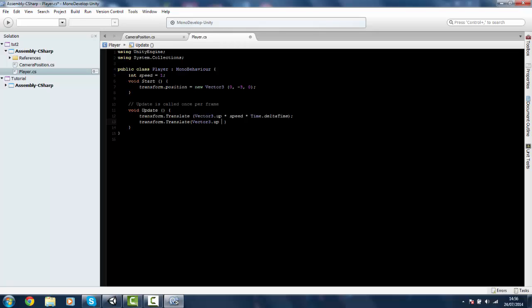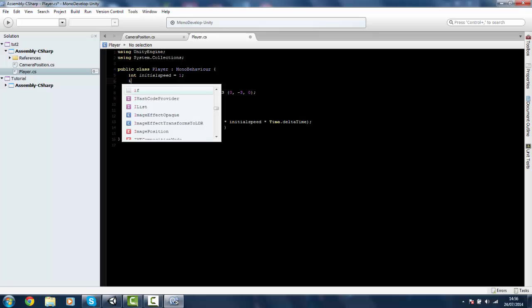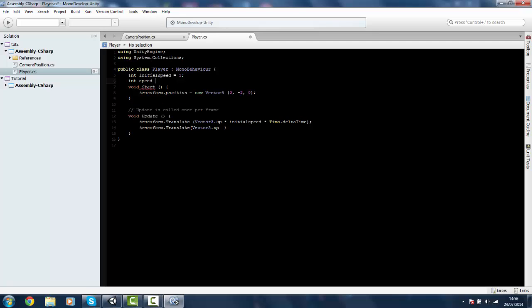Actually, you know what, there's no point in adding on a time, so let's call this initial speed. Did I spell that the same? I don't know. Yeah, okay, awesome. So we got initial speed, so we'll make another variable now. So another integer, we'll just call this one speed, equals, let's say, 5. So Vector3 times